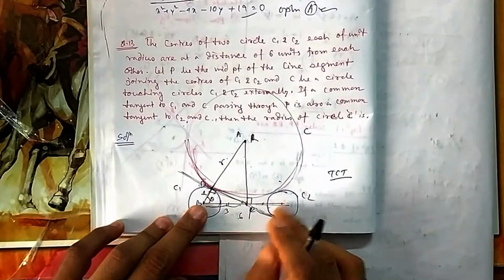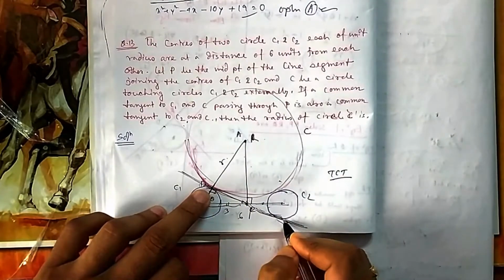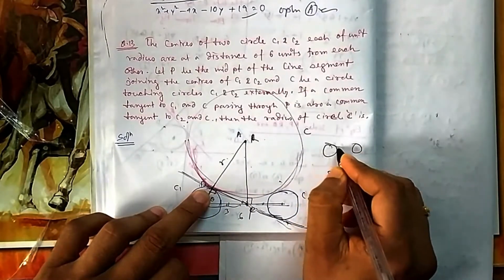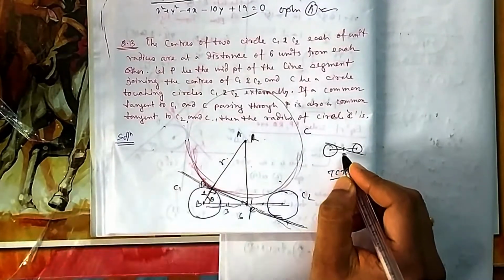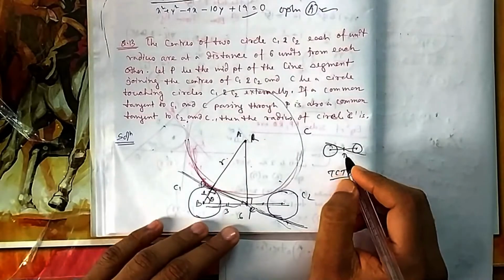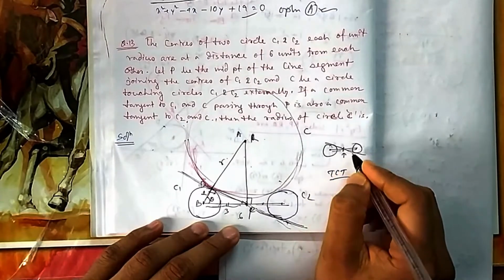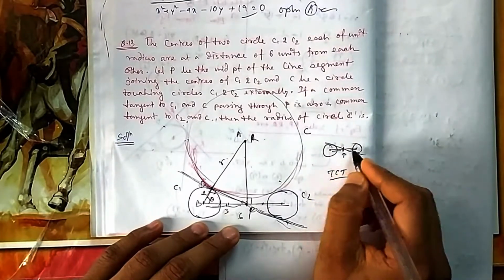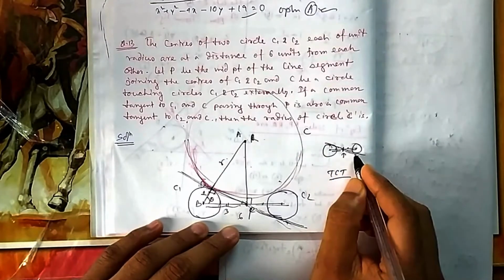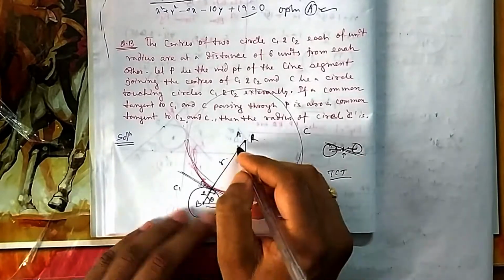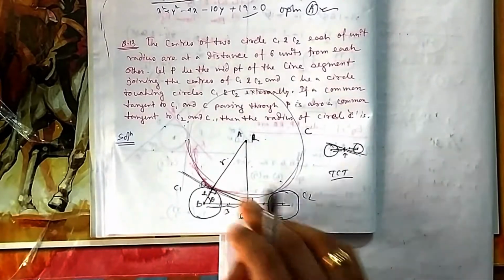If you divide 6 in the ratio 1 is to 1, you get 3. So the tangent which passes through this point, if it touches C1, it should touch C2, because of this theorem, known as the internal point of similitude. You can check this theorem: where they meet, they divide internally in the ratio R1 is to R2. Because of equal radii, the distances will be equal, so this length will be equal. So if a tangent passes through this point, it has to touch this one also. If you prove it is a tangent for one circle, then automatically it will be a tangent for the other. So how to prove this tangent?